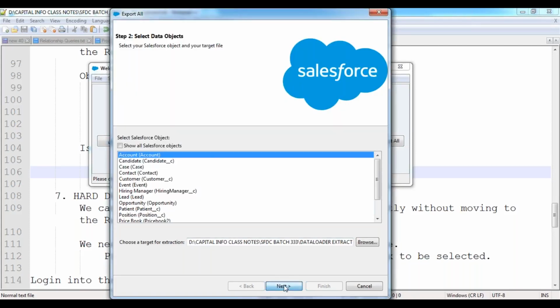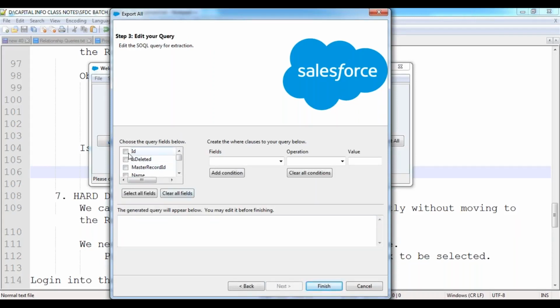Click on next. Now select the columns information. I want to collect the ID column, and the is deleted column. That means to differentiate which record is a record from the object, and which record is from the recycle bin. And then I want to fetch the name column, type column, billing city, billing state, billing country, phone and the fax,